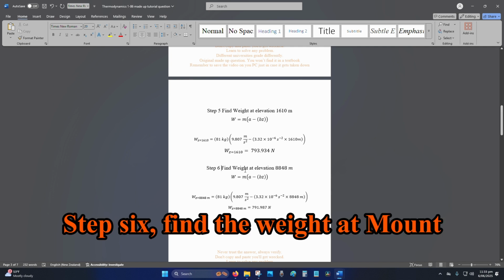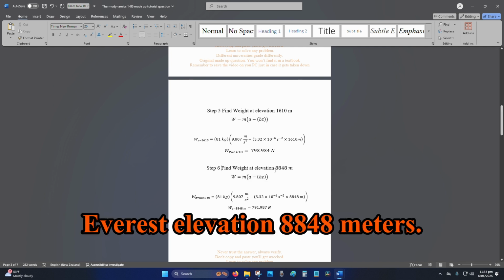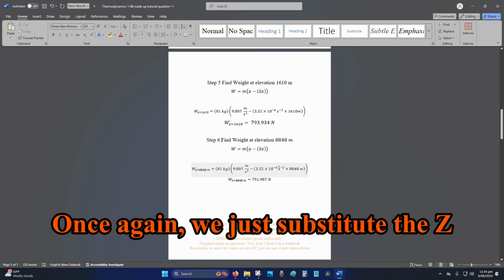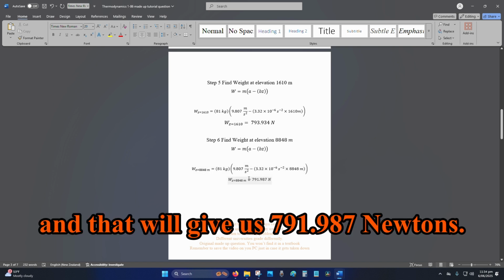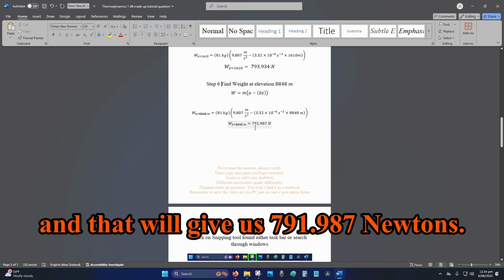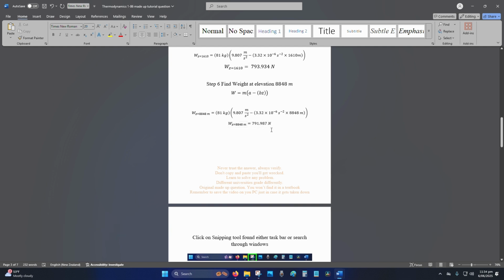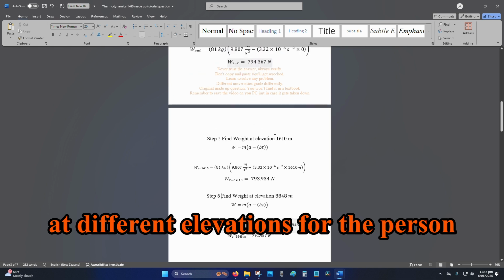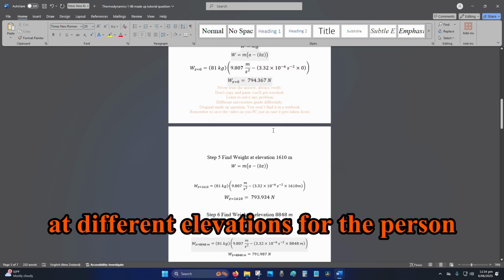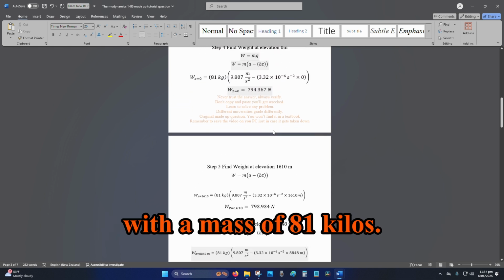Step 6, find the weight at Mount Everest, elevation 8,848 meters. Once again, we just substitute the Z value, the elevation, and that will give us 791.987 newtons. So those are the three respective weights at different elevations for the person with a mass of 81